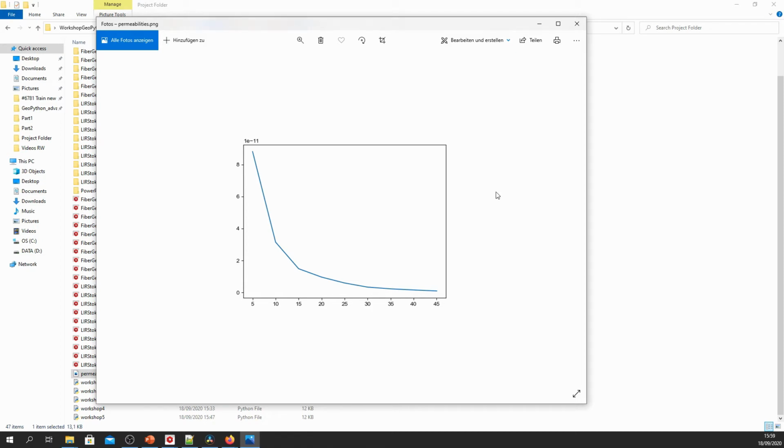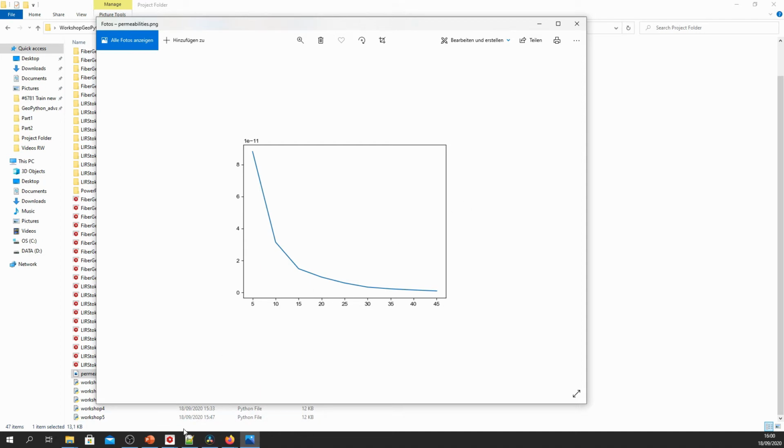Now for the last exercise in the second part of the advanced workshop, I want to show you how you can make a simple, fully automatic material optimization loop. Namely, what we want to do is give a target permeability, and use GeoPython to automatically determine a solid volume fraction which produces a matching permeability.